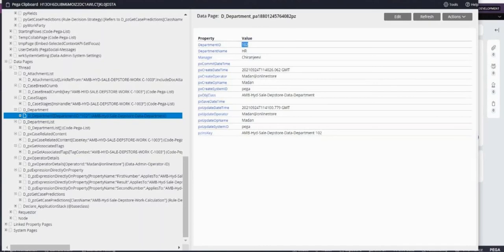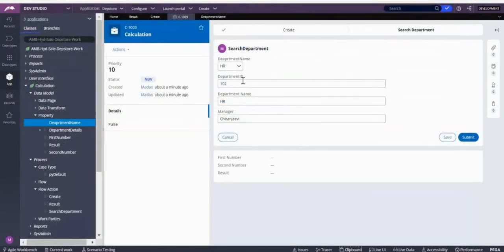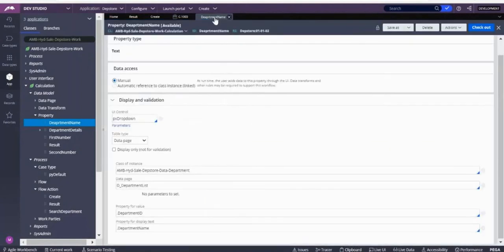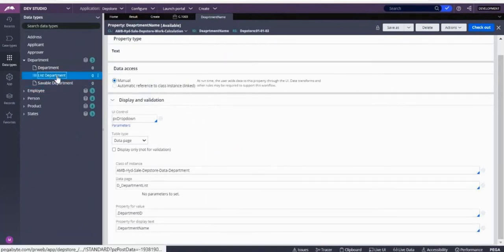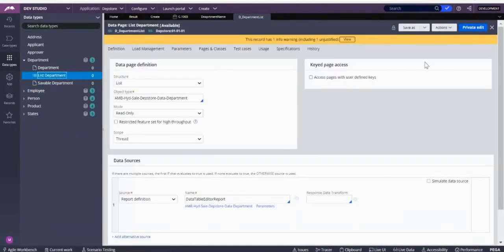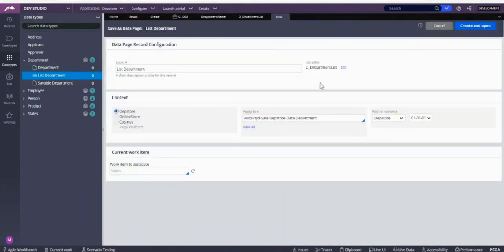So now instead, I won't use parameterized. Instead I will use a keyed data page. So for that I'll create a new data page. Okay, it'll throw an error.